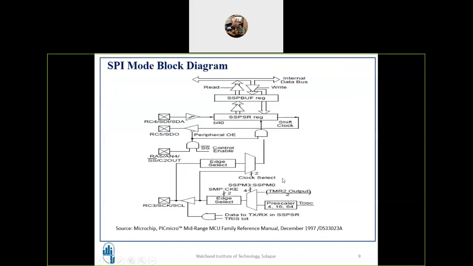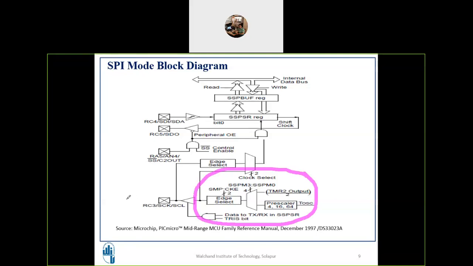So this was the block diagram. This was the last point we discussed. This is the block diagram of the SPI mode. Let us revise what these blocks are. When you are doing synchronous communication, clock generation may be required if you are master. This part of the block diagram is related to generation of the clock, which is useful only when you are master. If you are slave, then you will be using the clock generated by some other device.